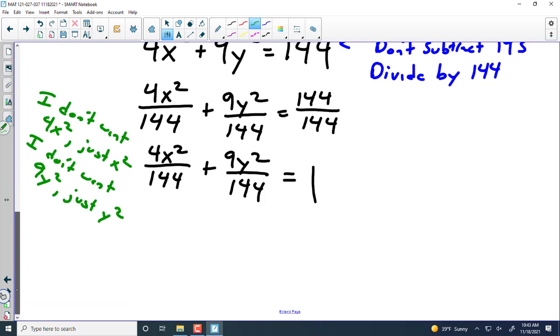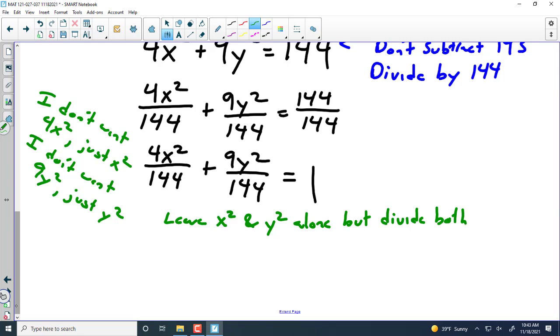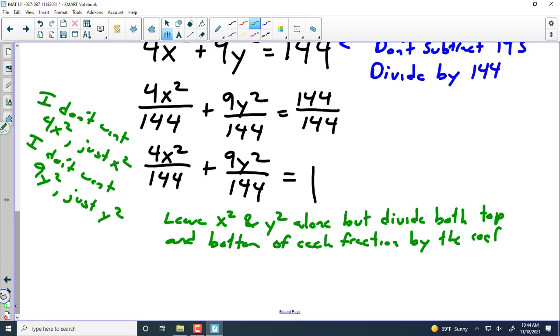So what you do is you leave x squared and y squared alone, but divide both top and bottom of each fraction by the coefficient